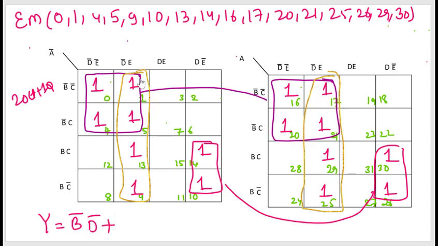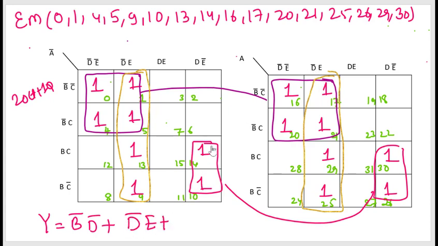And if you take these four ones, total 8 ones as octet, along all the four cells your b and c are getting complemented. That means you are going to eliminate b and c, and these four are identical with one with a bar. That means a is also getting complemented, so you can eliminate a. So you're going to write d bar e, same thing here, so you're going to write d bar e plus,